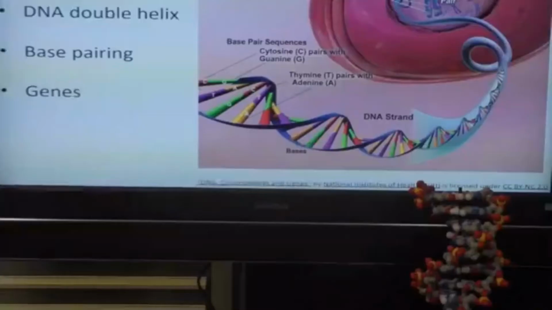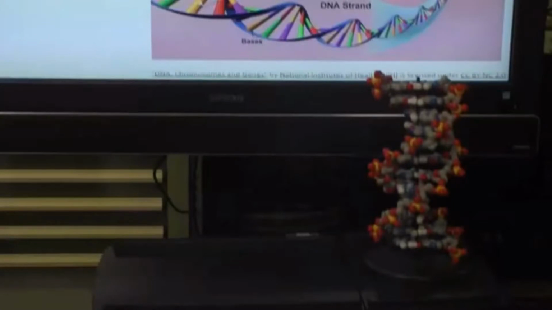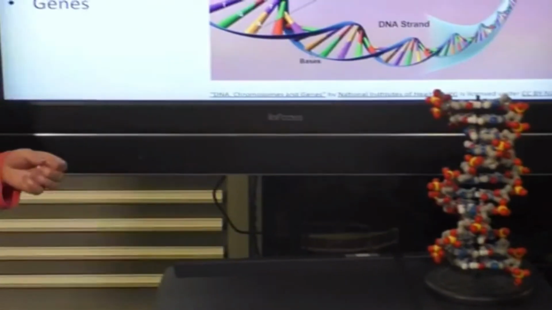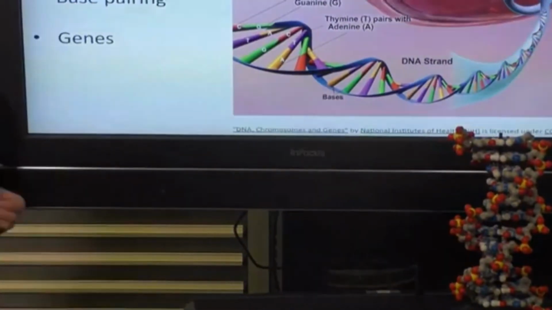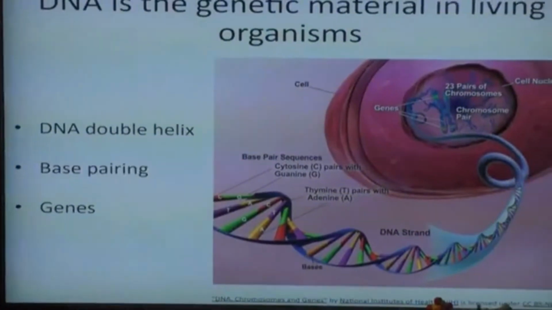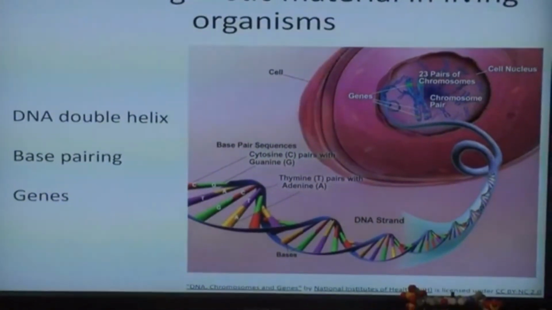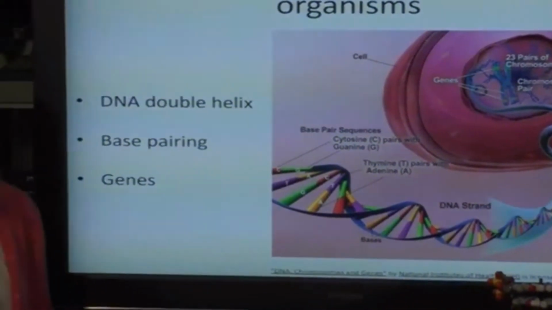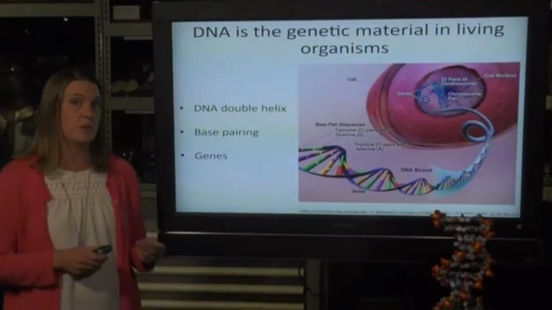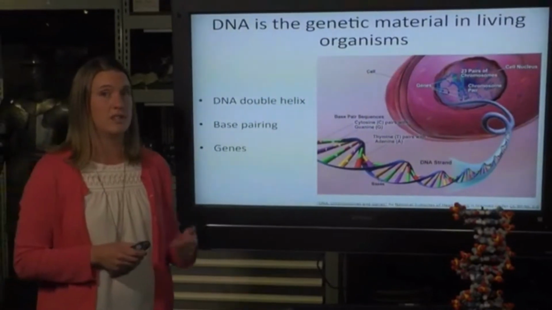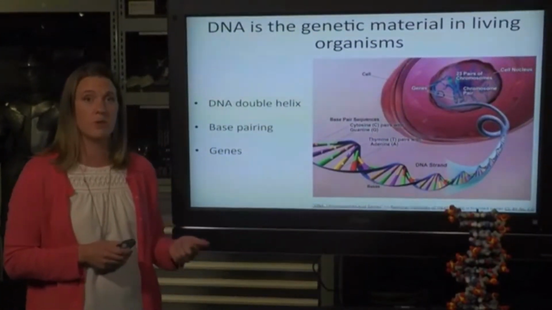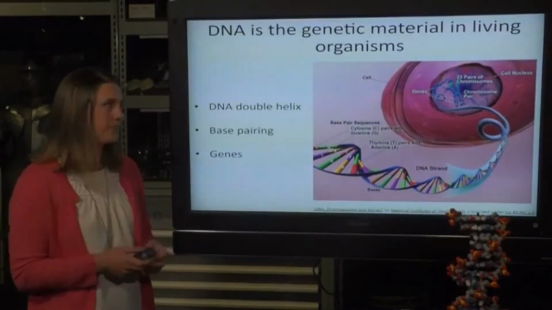In every one of the cells of an individual, DNA is present, and that encodes the instructions for how to make that individual and to maintain it. Okay? So we call these blueprints, these instructions, the genome. And the genome, again, is present in nearly every cell of that individual. This genetic information, this genome, is passed on during cell division from cell to cell, and it's also passed on through reproduction, so it's inherited.